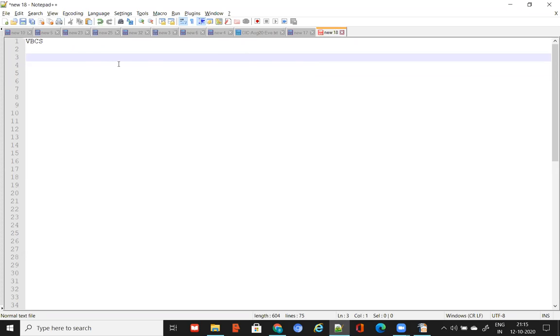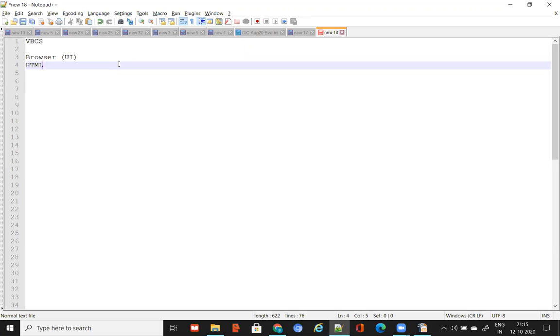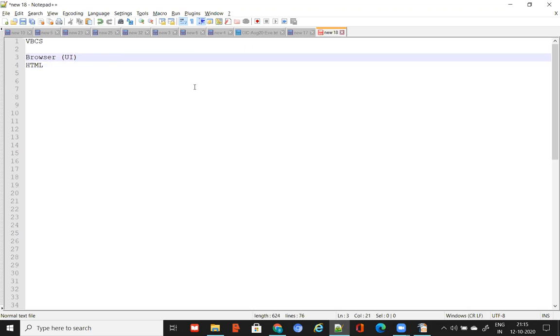So coming to web applications, there will always be 3 different layers involved. One is your browser, which is your UI, the user interface, which is always in HTML, correct? You are developing your UI using HTML. So when you go to the browser, that's what you are seeing. Then you also have a middleware, which is nothing but your web server, or sometimes we call it the application server. And you also have a database. So this is how any enterprise application would be